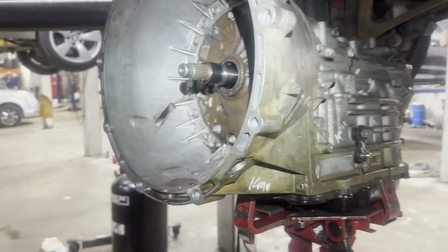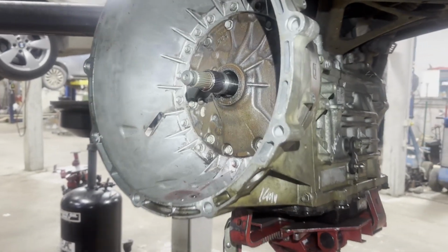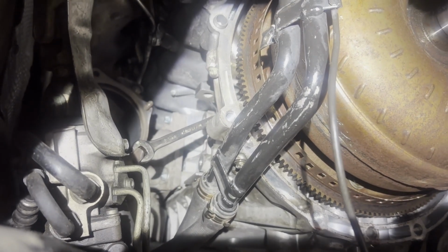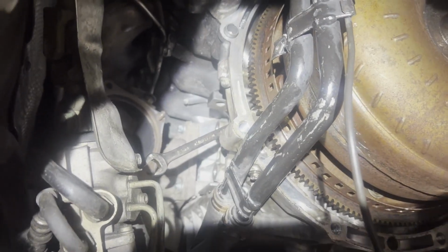All right, guys, I got it out. Somebody already put a junkyard unit in it. The seal looks like shit. Here's my torque converter setup. I know I have the whole tranny out and the torque converter still in there. You might not do it that way, but